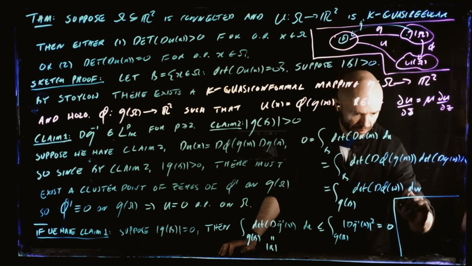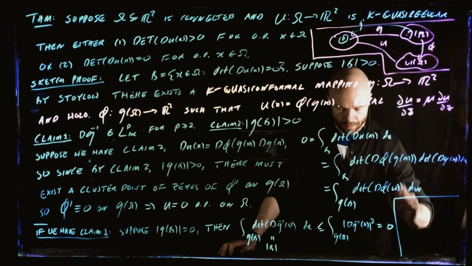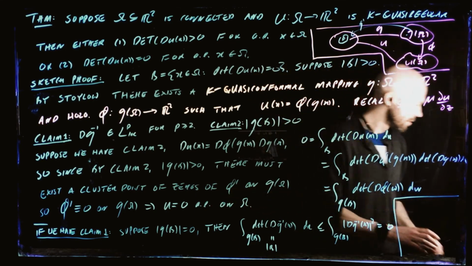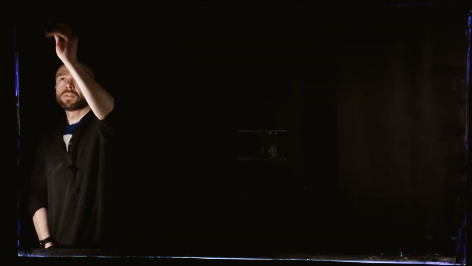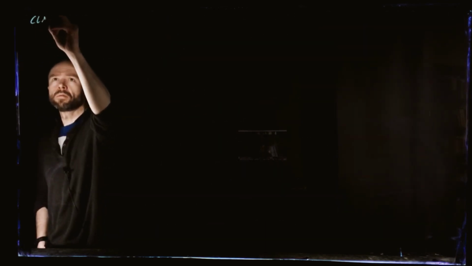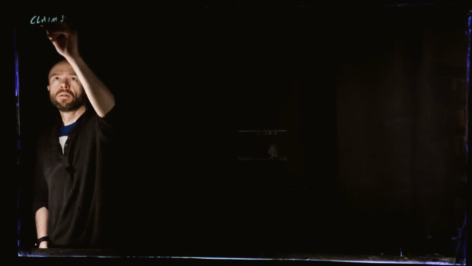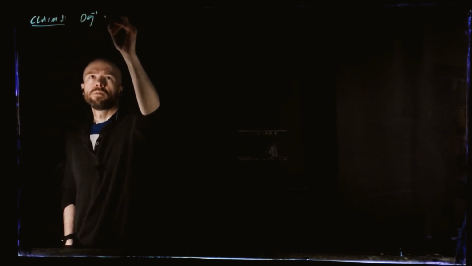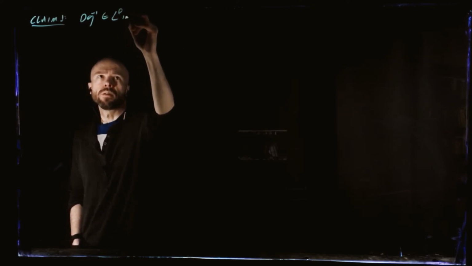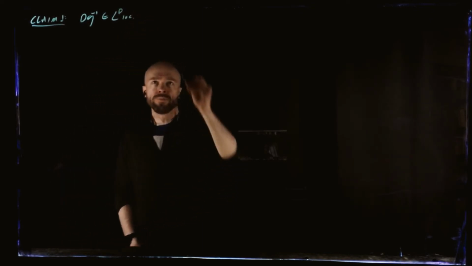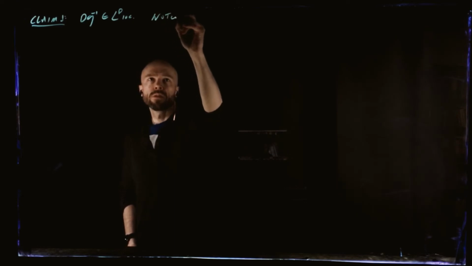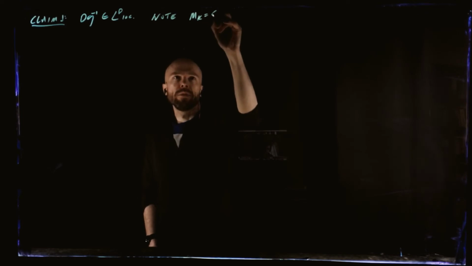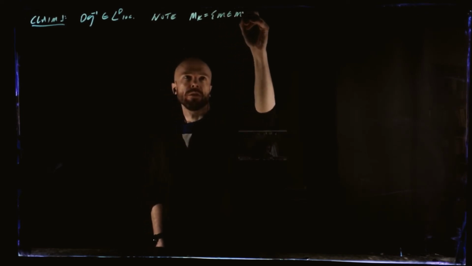Here's a little lemma. I'm running out of space, so let me erase the board, and then we'll talk about claim 1. Claim 1 again was that the gradient of the inverse belongs to L^p locally. Okay, so note, if we let M_K be the set of matrices,